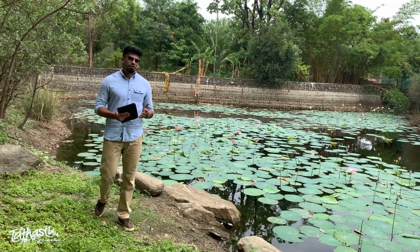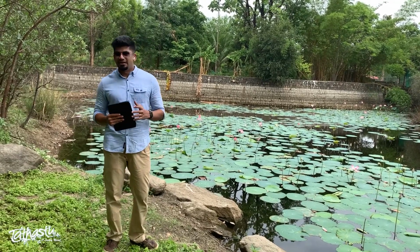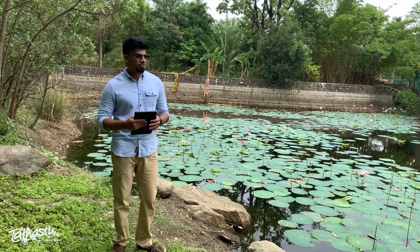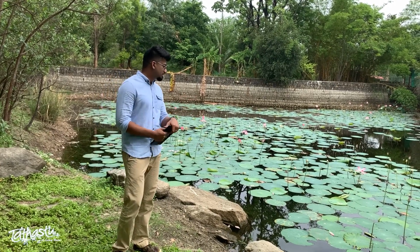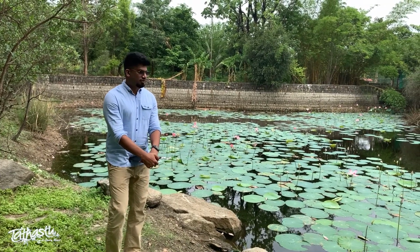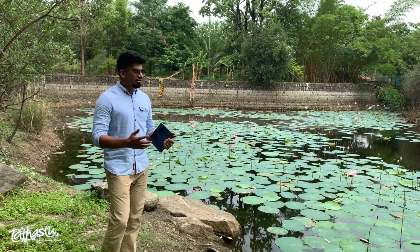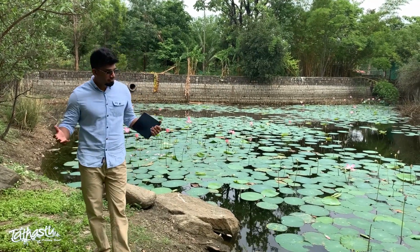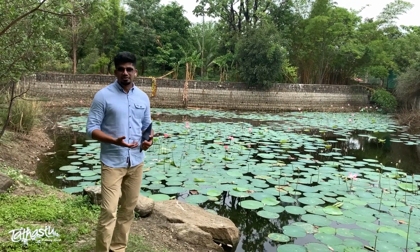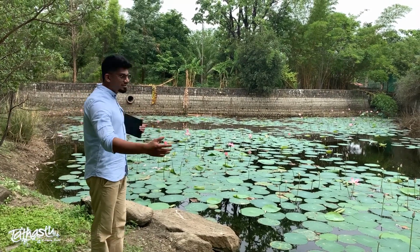Ponds play such an important role in breeding an ecosystem which is much more diverse than any other freshwater body. We are obliged to be hosting this ecosystem and contribute to the conservation of biodiversity. We are extremely happy living around this kind of ecosystem where they do not disturb us and we do not disturb them. This is the habitat,